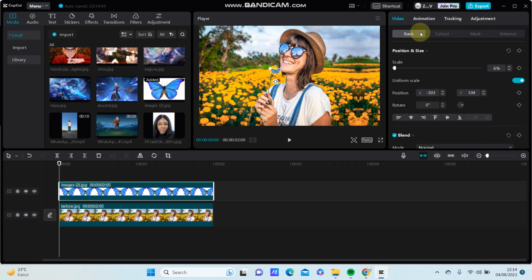Select basic and select keyframe button. Just add keyframe. Add the position and size at right. Just click on it, and you can swipe to the right,